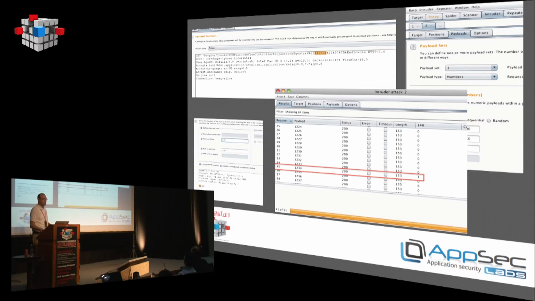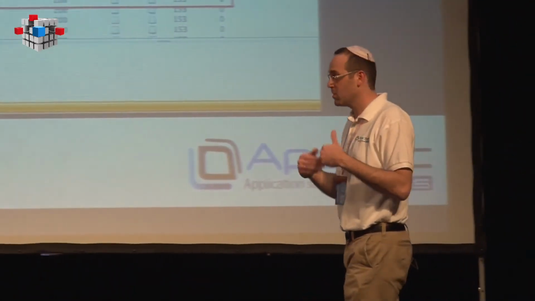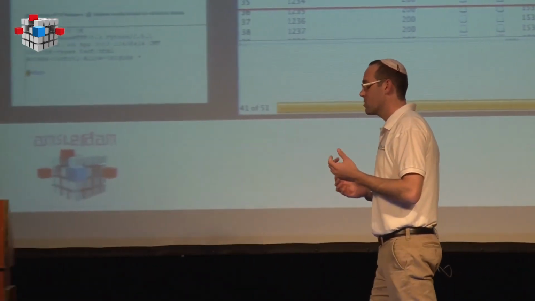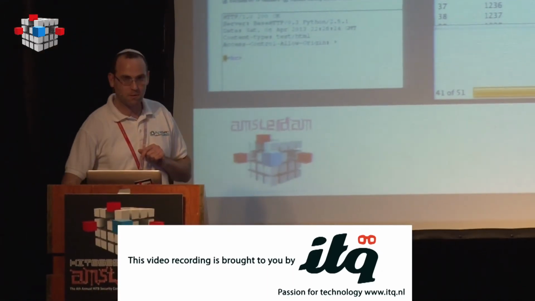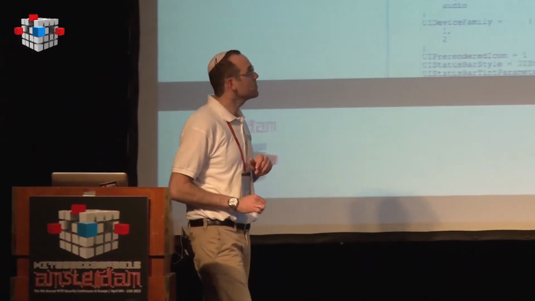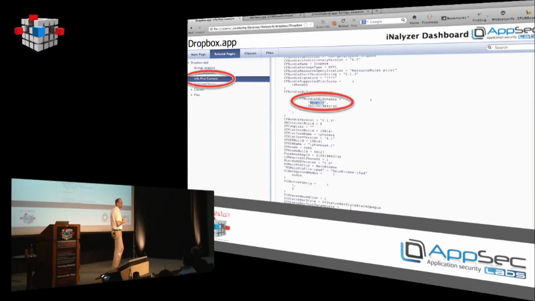Okay, simple, everyday process. What else do I get from the iNalyzer dashboard? Okay, so it creates this special HTML file for the entire application, for that version. What else information does it enumerate for me? When I'm using the iNalyzer dashboard, it takes a look at the info plist file. And if you're a black box tester or have some testing on an iOS application file, one of the important files for you to check and monitor is the info plist, because it holds a lot of invocation parameters, invocation schemes